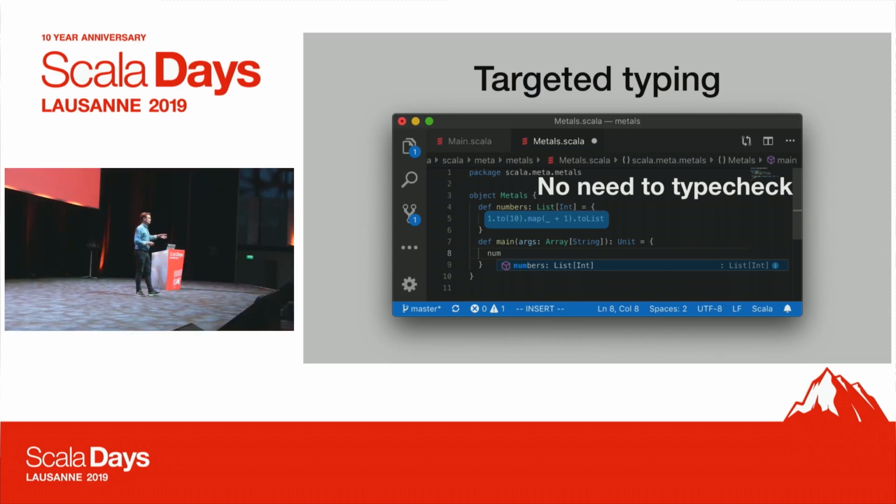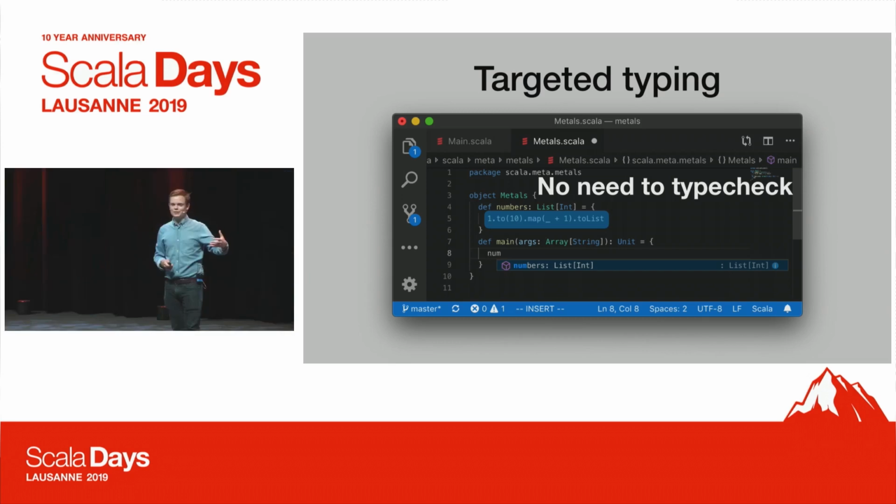But with all of the customizations and extensions that we do, we need to work a lot with the compiler trees, and they're half type checked. So if you're working on the code base, you need to be aware that it's really easy to have no types on some trees. And you need to be aware that you should use just targeted typing. And that's pretty much how Metals does it now, and it makes a huge difference.